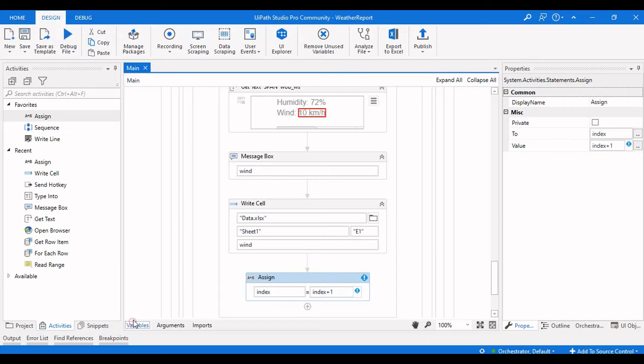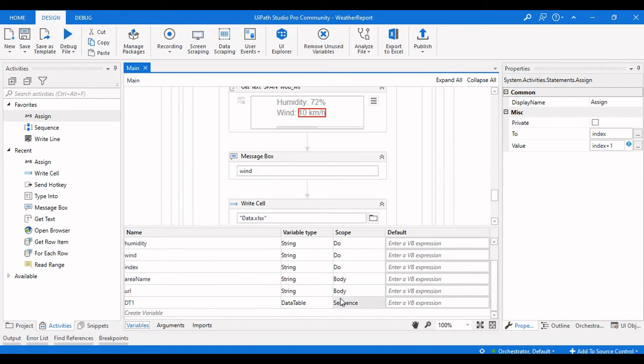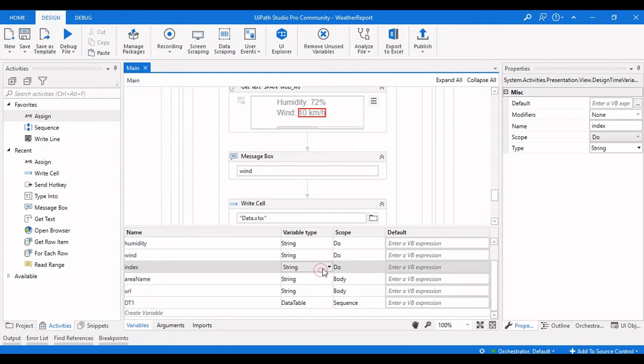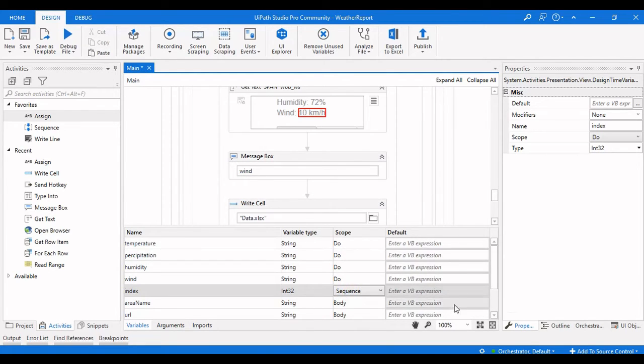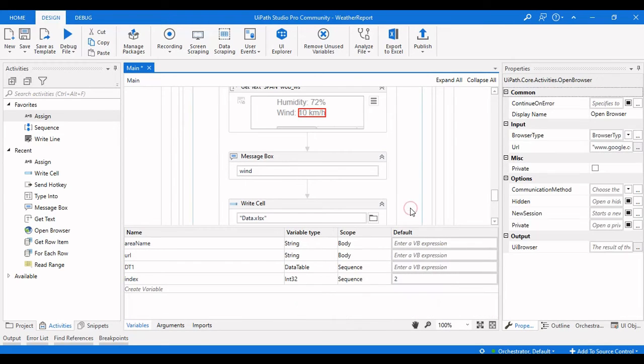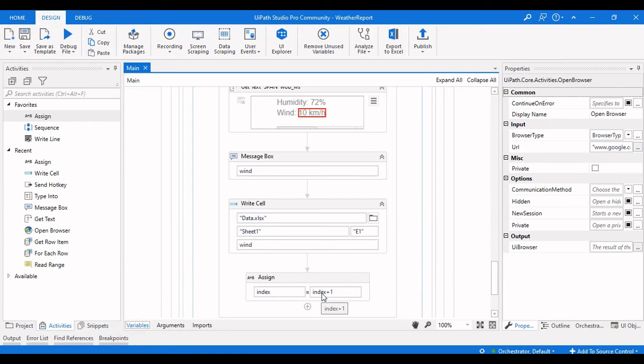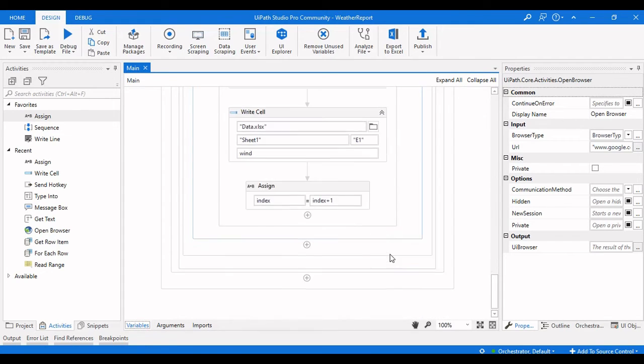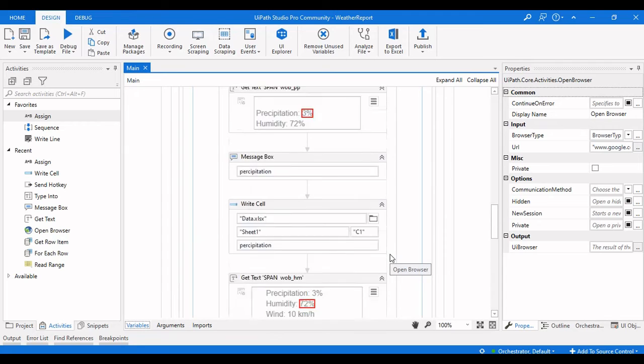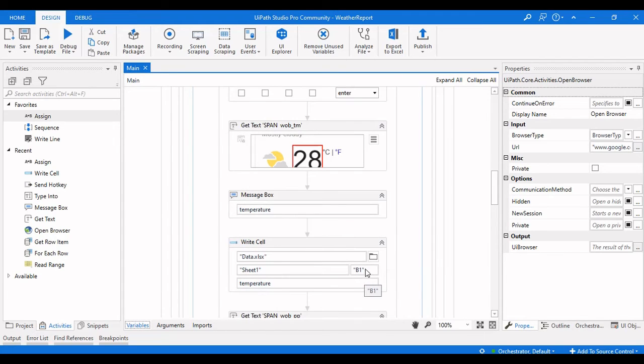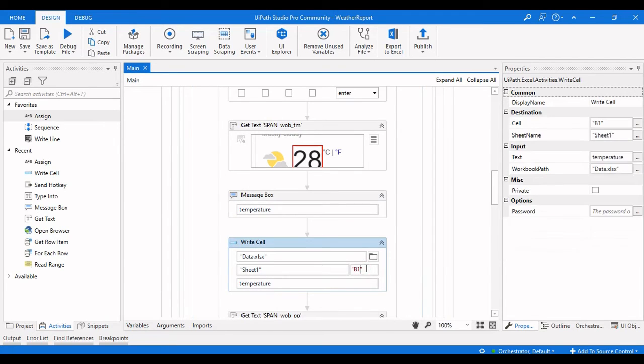The value will be an integer. So we will give the value as 2, and the next time it will be 3, and then the other time it will be 4. And we need to append that value here.